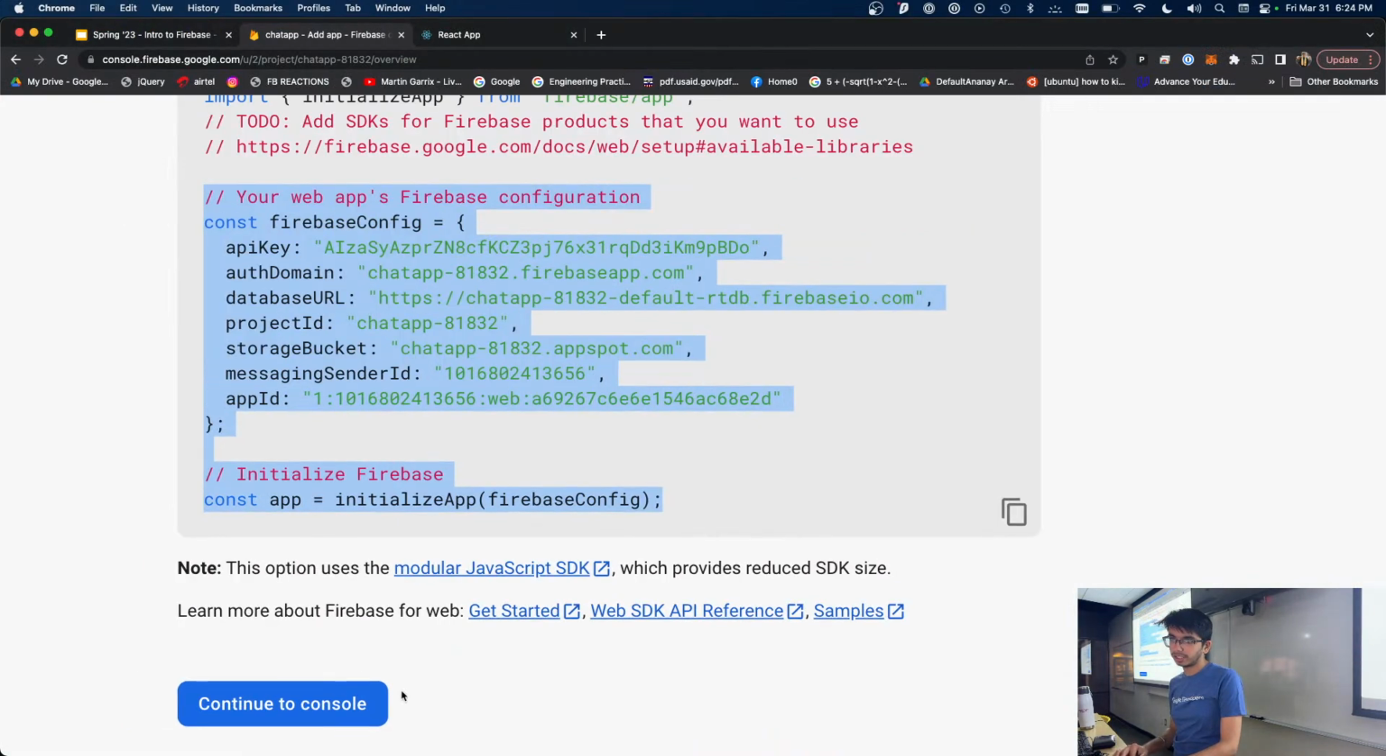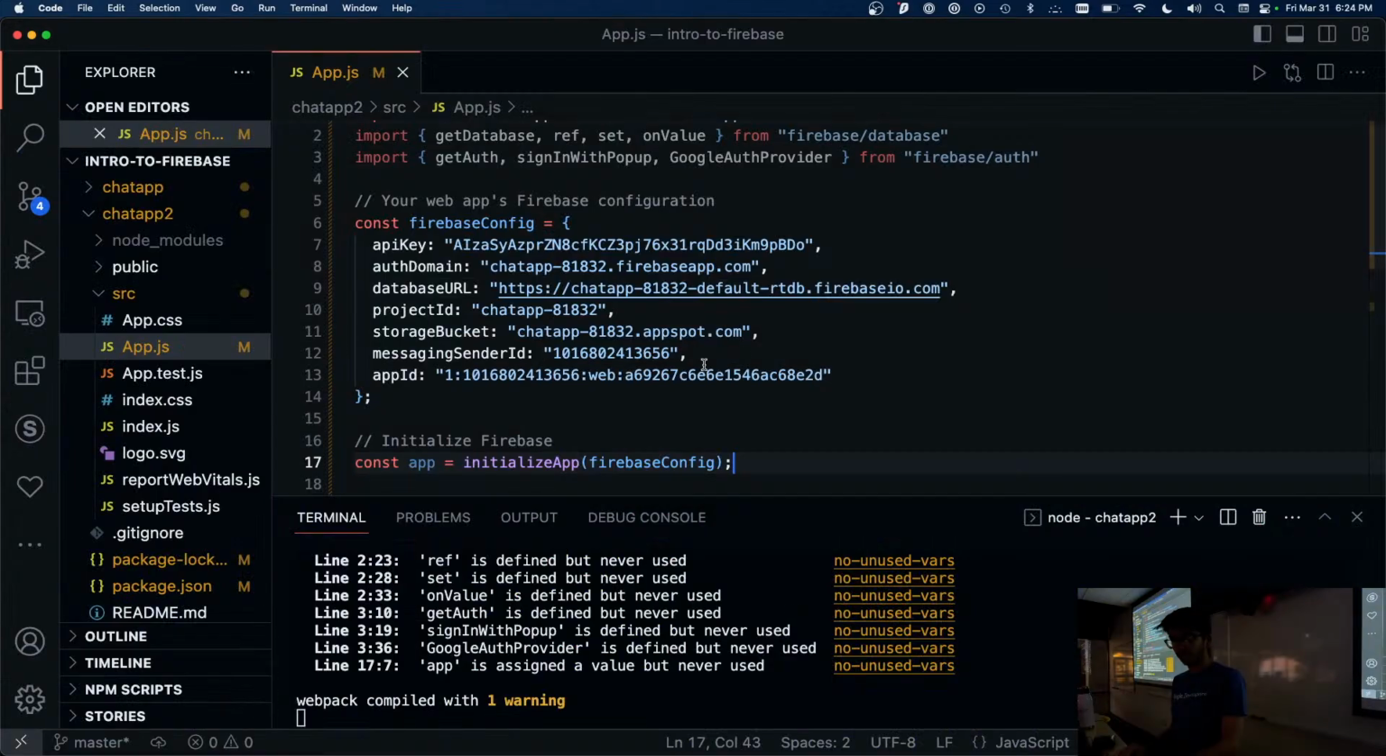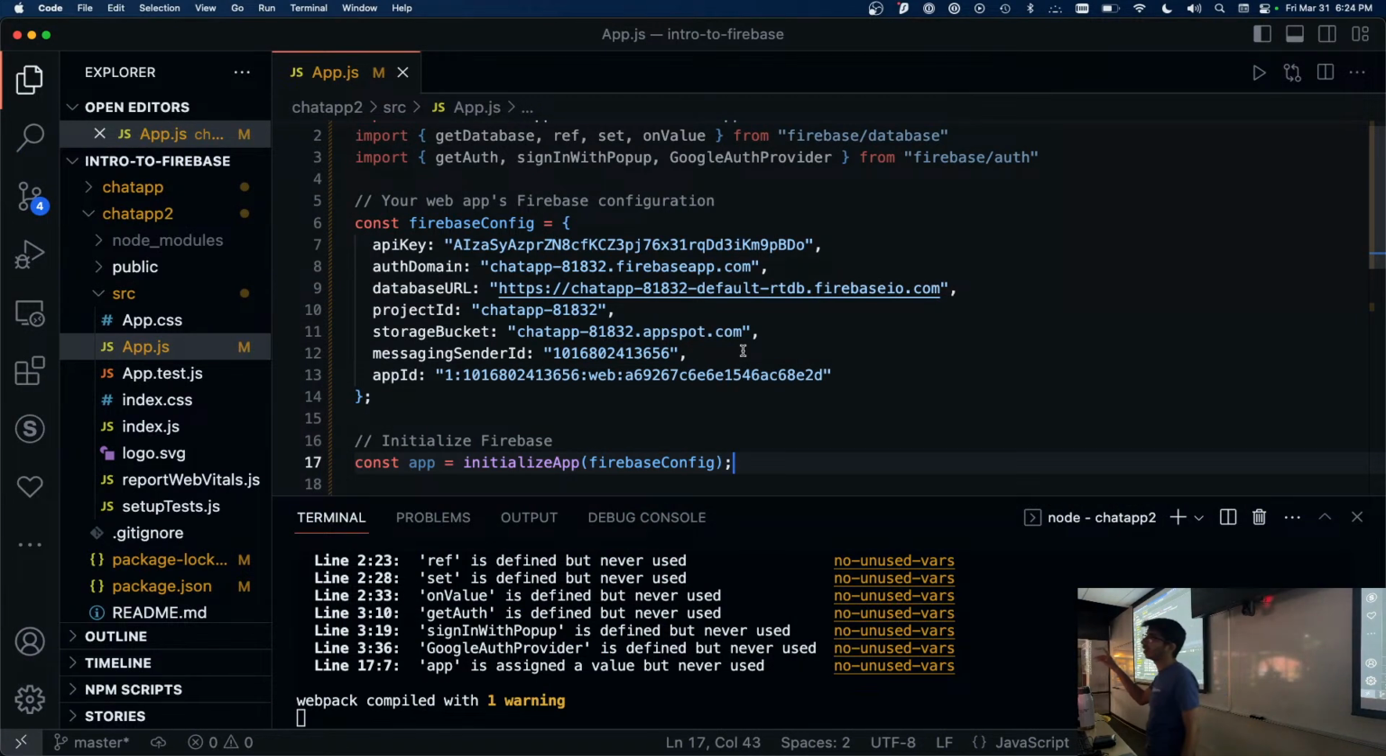And after this, I can just hit continue to console. That doesn't matter. But does everyone have their configuration imported? Cool. So what I'm going to do now